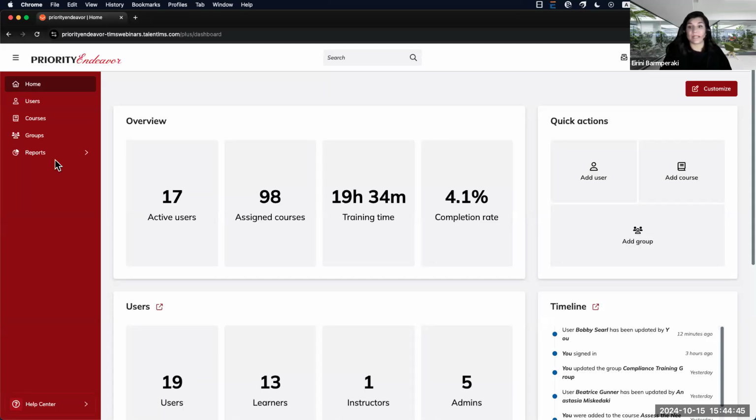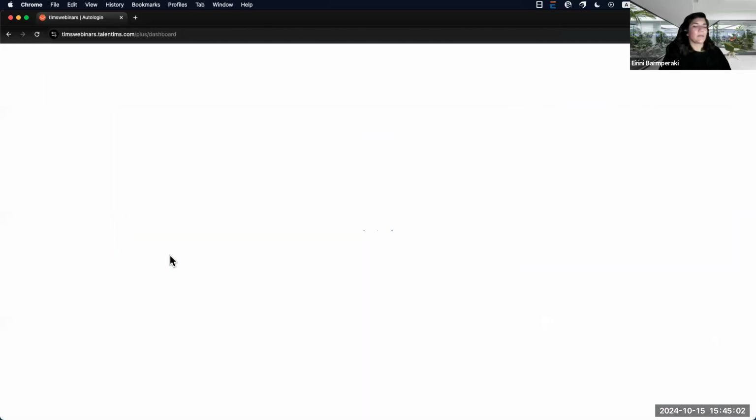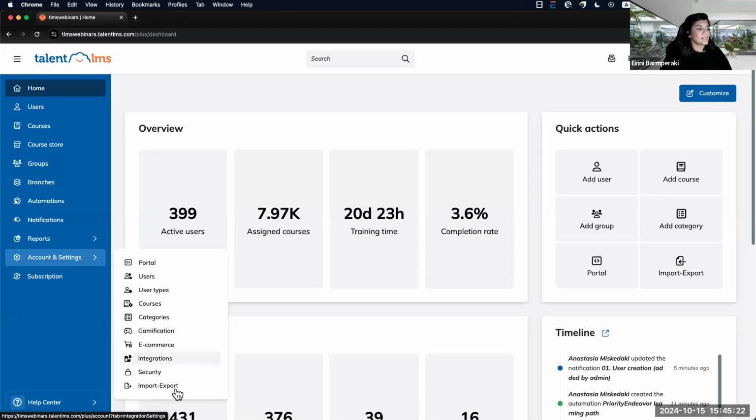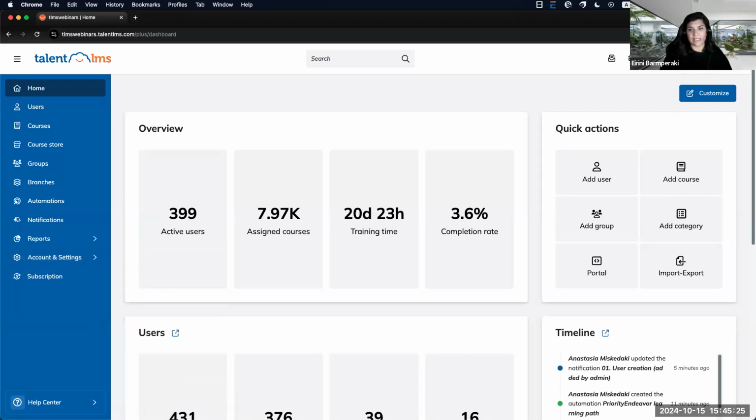So if that branch admin is just a simple admin type, and you have applied the restriction in your branch as well, unfortunately, they won't be able to help you out unless they are a super admin, where they can bypass that restriction and simply go back to the main domain and use any central functionality through here. At the end of the day, if you are a super admin, you can oversee and manage your admins through the main domain as well. So if you want to import users and their historical data, yes, you will need to do that through the account and settings and the import-export functionality. I hope that